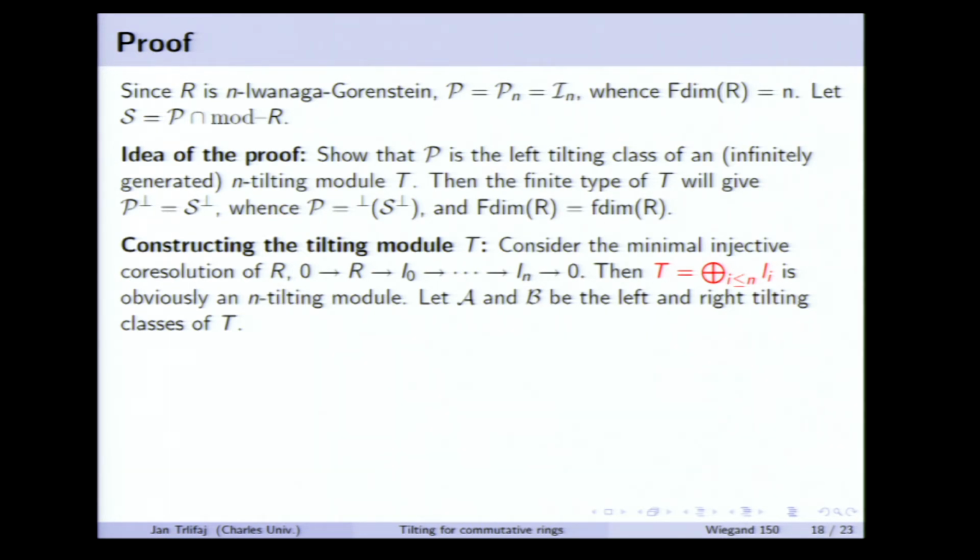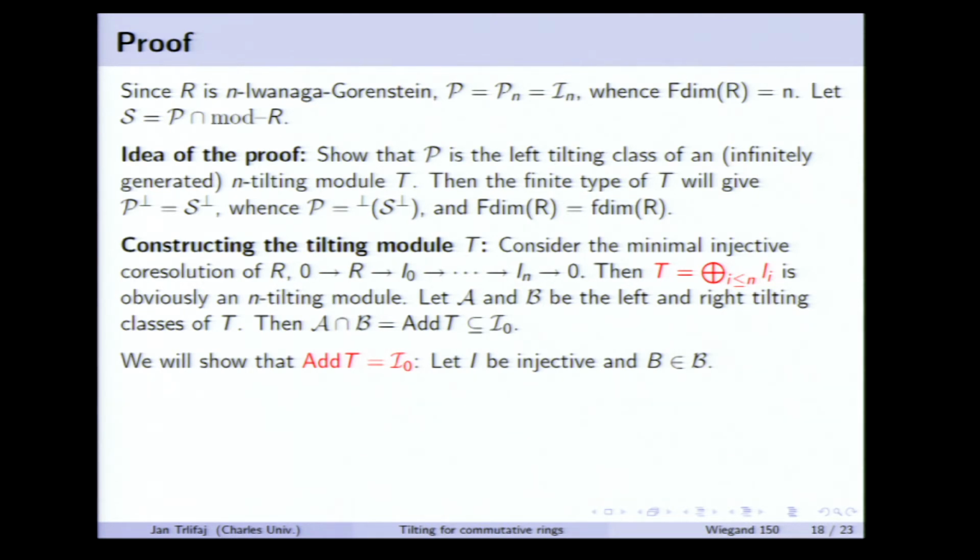So let's look at what are the left and right tilting classes. So first, we know that when they intersect, they give you Add T, and we know that Add T consists of the injectives, because T is injective, and the ring is Noetherian. We will show that it actually is equal to the class of all injective modules, because if you take an arbitrary injective module and any module in B,